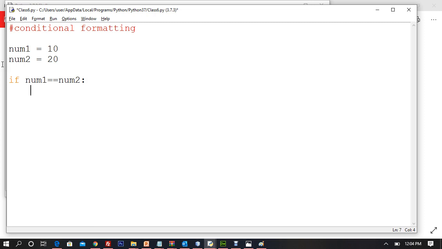Now define the body of if. Close the statement by this colon, go inside the body of if. Automatically you'll see that you are inside the body. Even if you are not, you can hit tab once. Now define the body of if and then say print